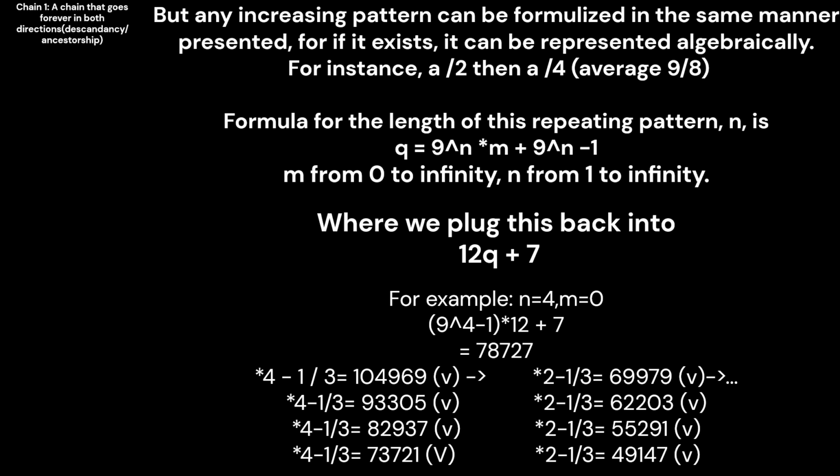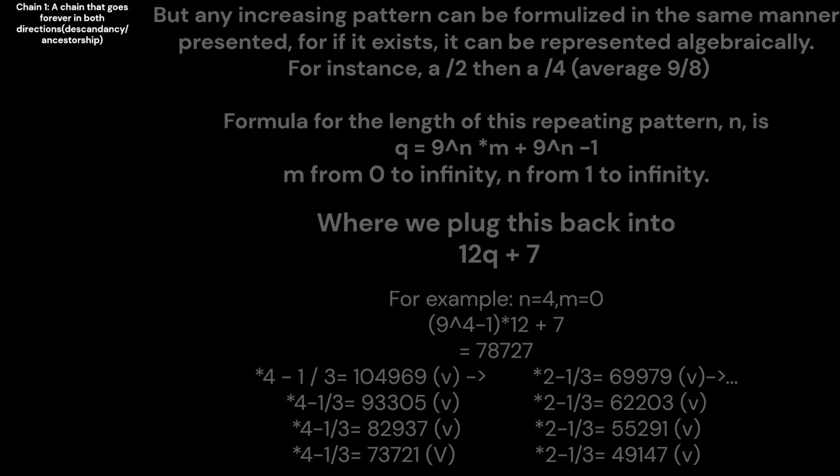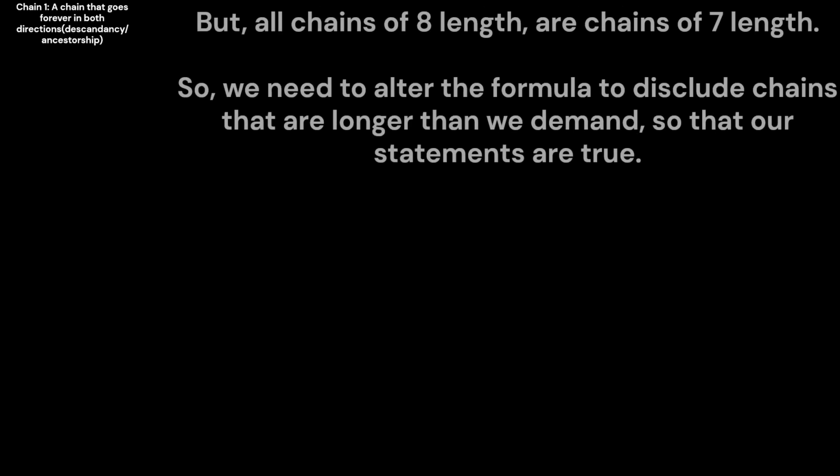104,969. Times by 2 minus 1 over 3, and we get 69,979. And again we get 93,305, and again we get 62,203, and again we get 82,937, and again we get 55,291, and then 73,721, and then 49,147. But since all chains of minimal length 8 are also of minimal length 7 and 6 and so on,